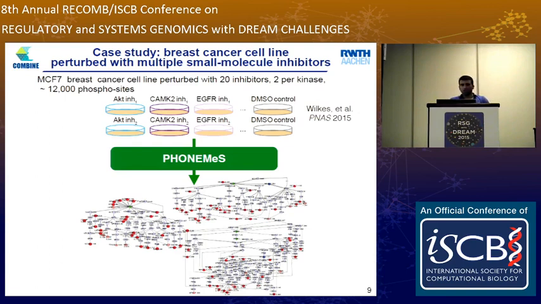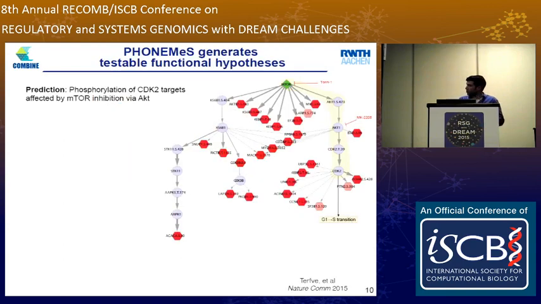For this, what we did is go into the model and look at the different pathways that were predicted from the model and see if there was some interesting biology. As one example, this approach predicts that there is a pathway linking mTOR to CDK2 and some of its targets, like cyclin D1, via AKT. Right? So this is just from taking these snapshots of phosphoproteomic data and passing them through these network